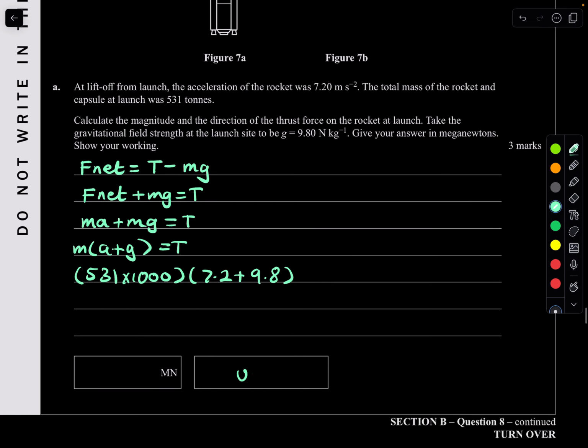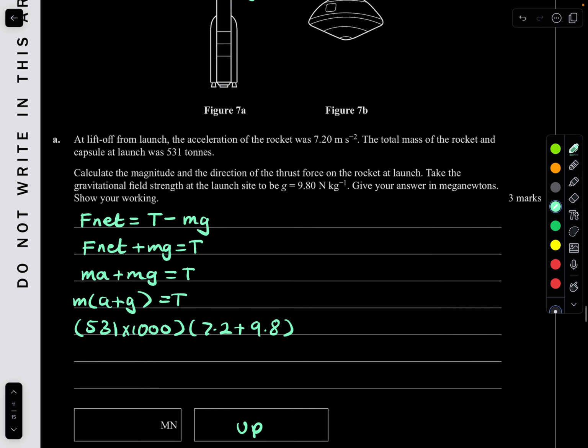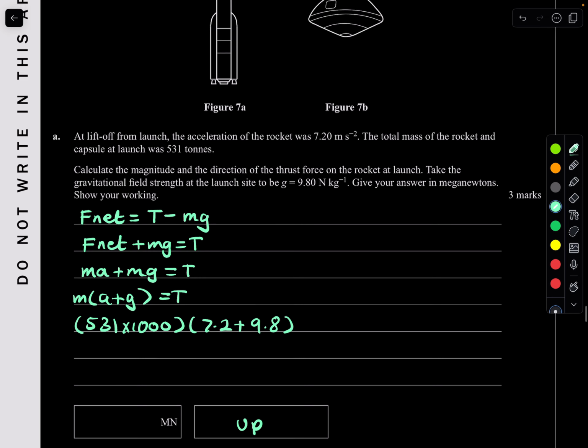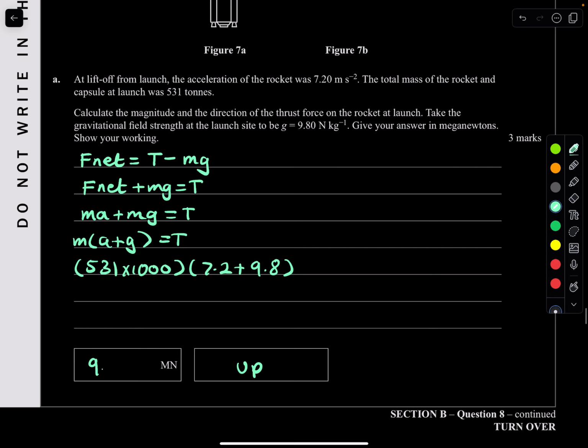And we also wanted to give the direction. Of course, thrust is going to be acting upwards, from the diagram. So let's calculate how much that is. 531 times 1,000, times 7.2 plus 9.8. That will give me that, and I want to divide it by a million because I want it in meganewtons. That gives me, to 3 significant figures,